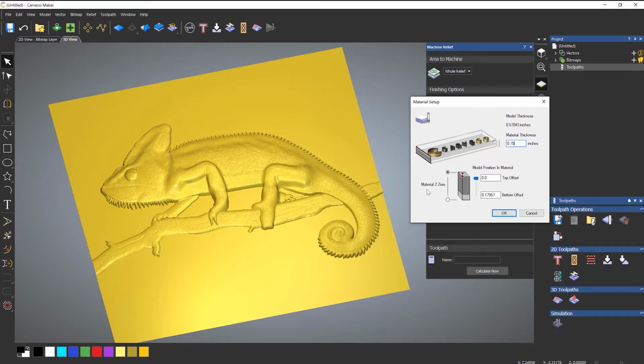Now the material Z0, set that up however your CNC needs to be set up. So if you zero on top of the material, you set it to the top. If you zero on the wasteboard or the spoil board, set that to be at the bottom. Okay. So what I'm going to do is explain about this model positioning material, because for this toolpath, it is